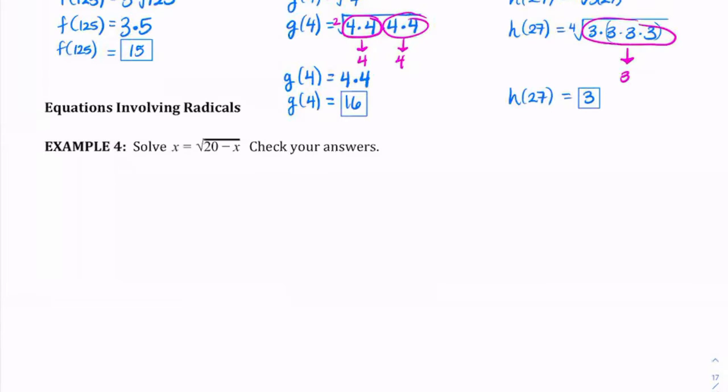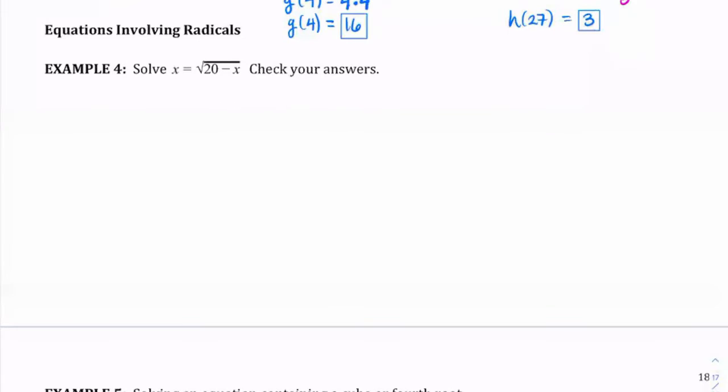So hopefully it's coming back to you a little bit as we're going through it. Solving the radical equations is probably the most challenging part of this section. So I want to go through at least one completely with you guys, and this one is a good one, so I'll do this one. And then if you want to stick around, I can probably do one more if you guys want to see one more. So with this equation, dealing with radical equations is if you have the variable stuck underneath the radical,